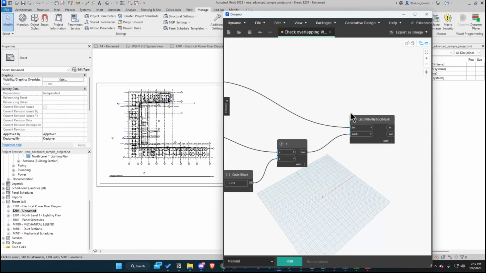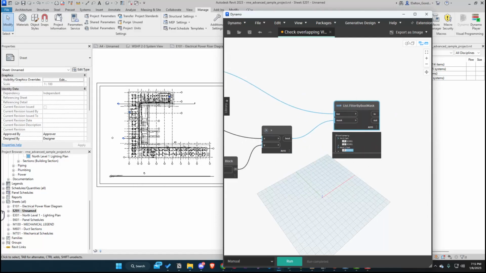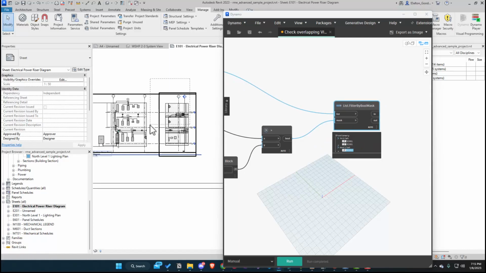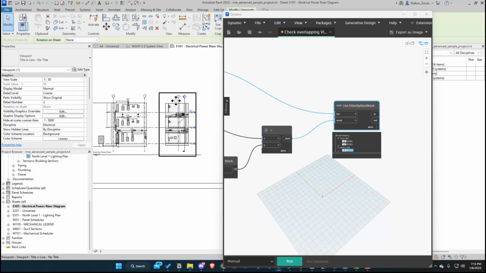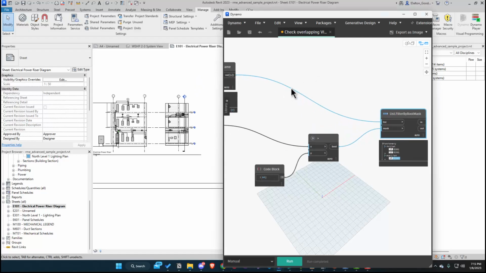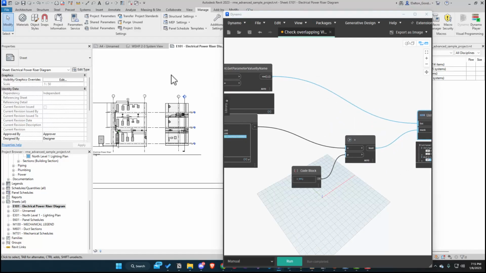And then here's that filter, so we can see that E101 is a problem. And like I said before, if you built in that functionality to ignore it, you could potentially remove these from that list so you're not wasting your time. But it depends on what your requirements are, how you set up sheets, or if there's some standard or logic to how you do things in your firm. So there's so many different ways you could set this up. You could ignore